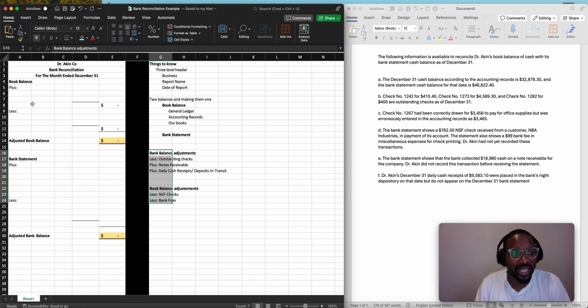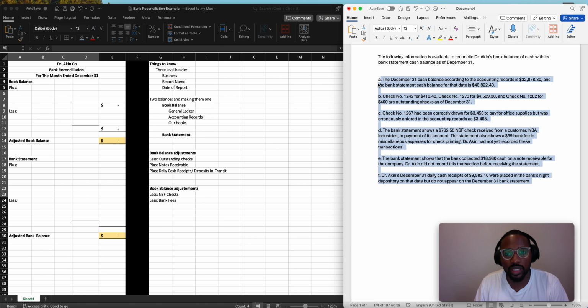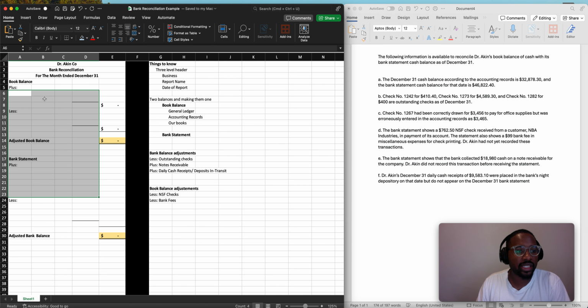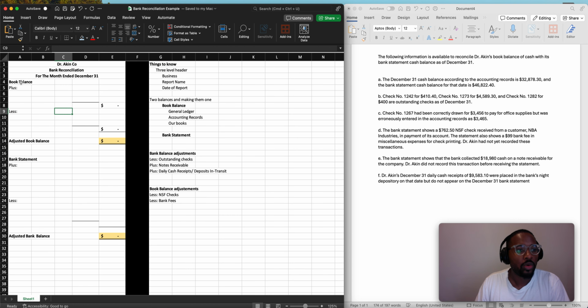All right, but this is subject to change depending on the actual transactions that occur. Okay, so before we get into the transactions, I want to talk a little bit more about the format of the bank reconciliation. We talked about the three-level header. We talked about the book. So there's going to be a section called book